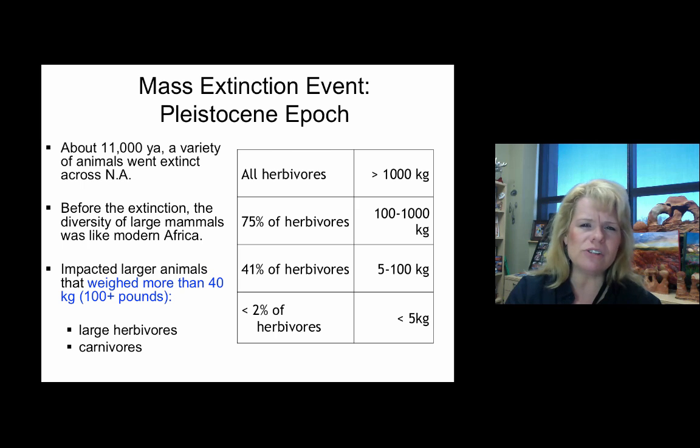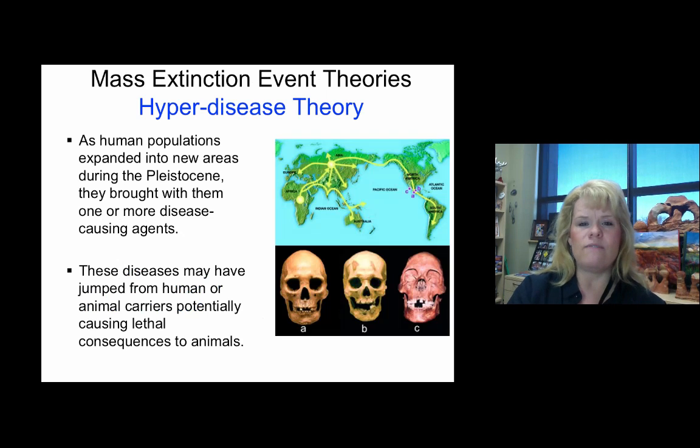About 11,000 to 10,000 years ago, just about every megafauna went extinct. Megafauna meaning everybody that was over 100 pounds in size. So a 40 kilogram animal weighs 100 pounds. So an 80 kilogram would be 200. So you're looking at about 250 pounds or more went extinct at the end of the Ice Age. So everybody that was a large herbivore and subsequently the carnivores that fed on them.